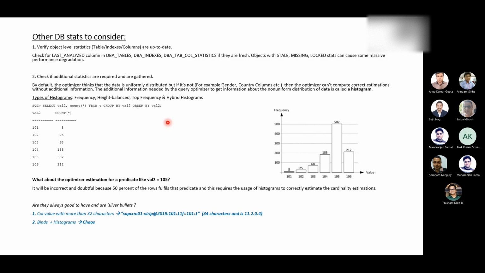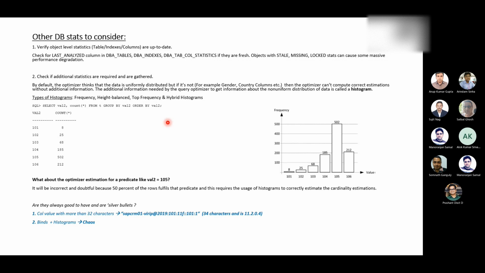The next type is height balanced histograms, right? If you are running on a version older than 12c, then when there were more distinct column values than the number of histogram buckets, a height balanced histogram was created. But starting from 12c, if you mention explicit sampling, like estimate_percent with 20, 40, 50%, then these height based histograms get created.